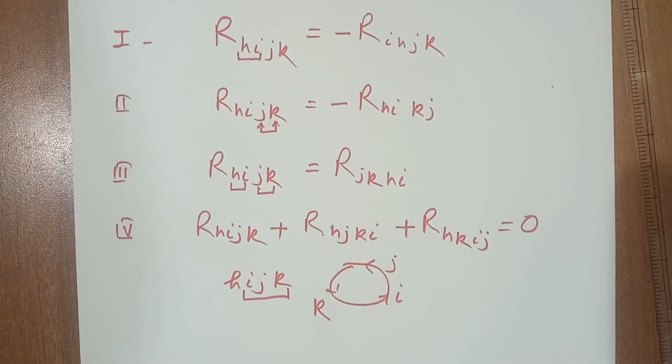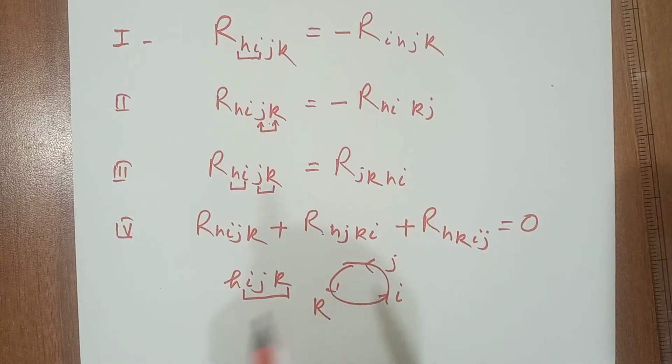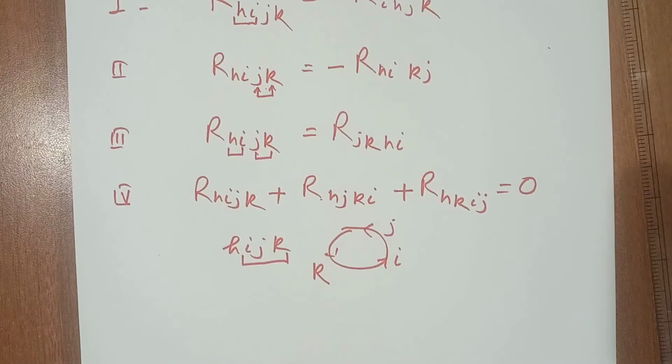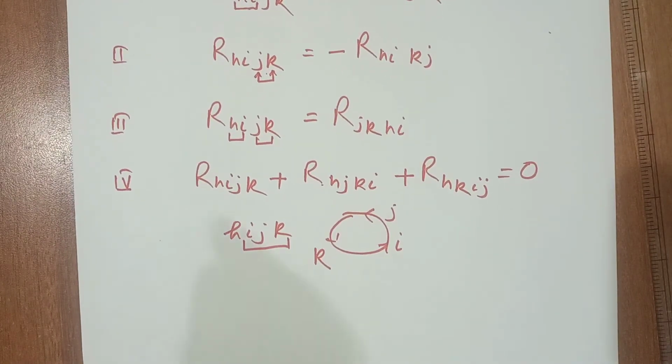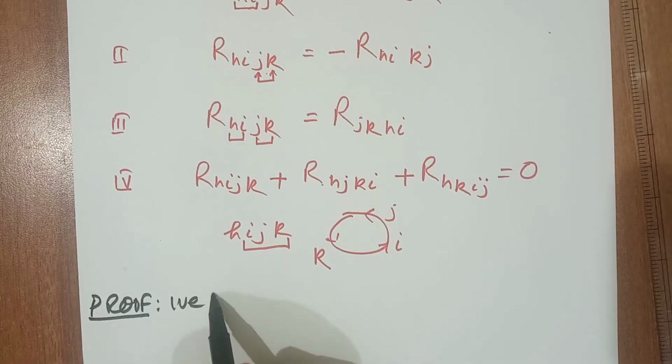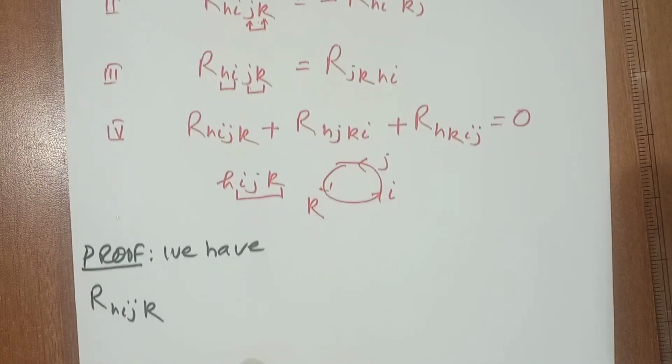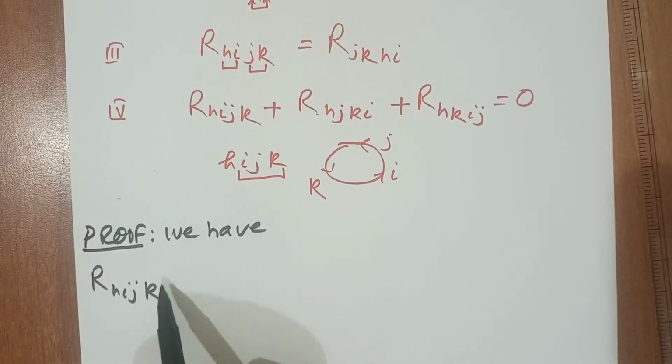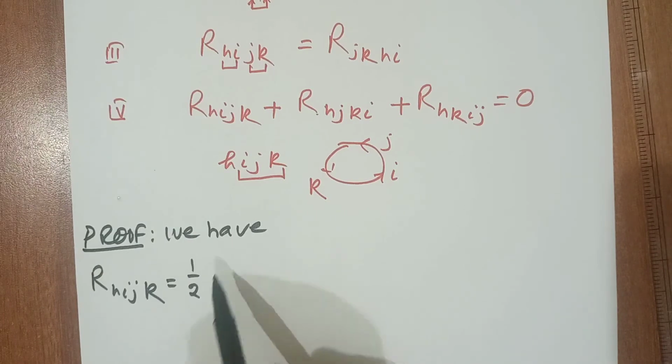So the proof is very easy. We will only use the definition of R_hijk. Okay, so the proof is very easy. I am going to prove the first one. So first proof: we have by the definition of R_hijk, this is equal to 1 by 2